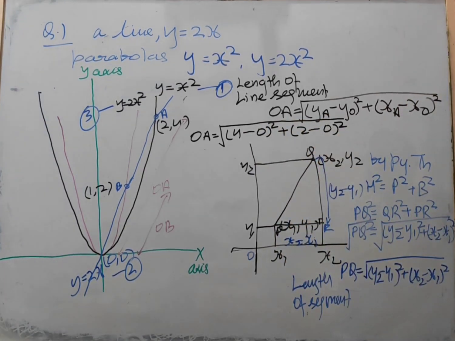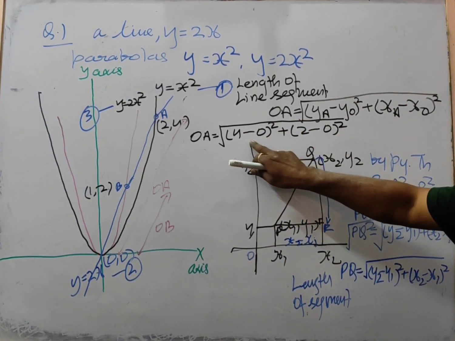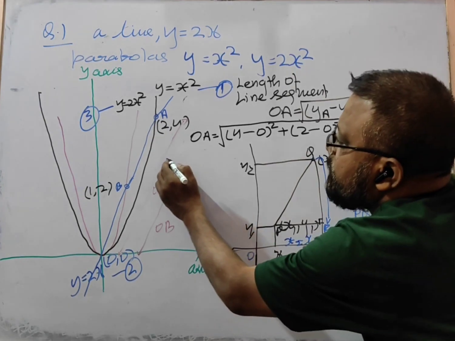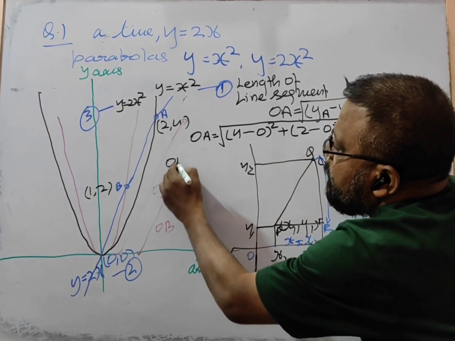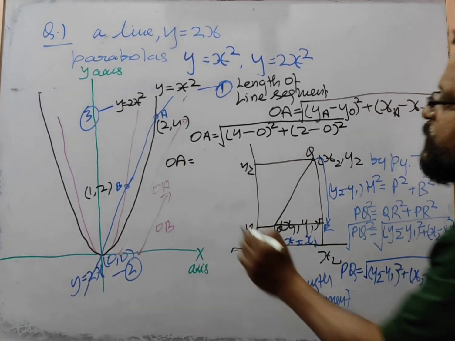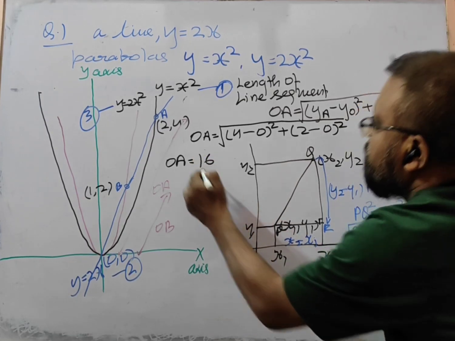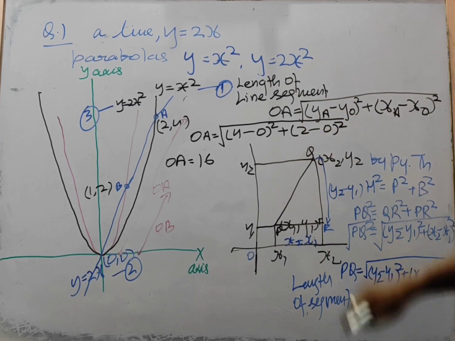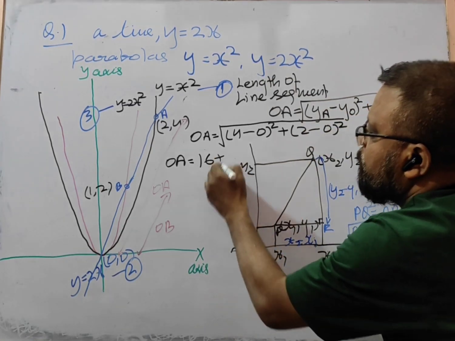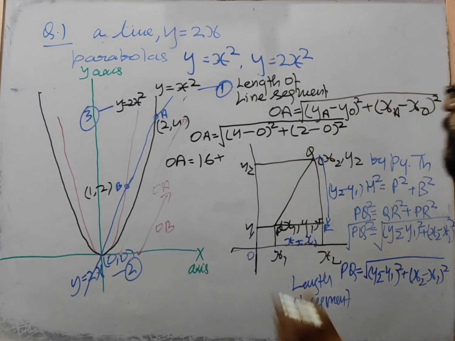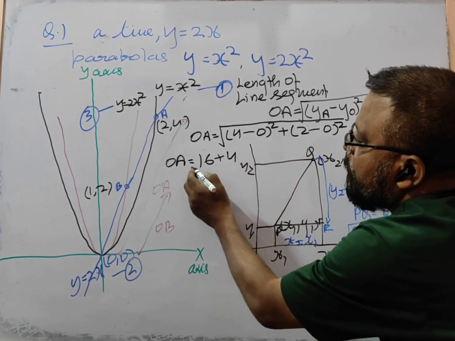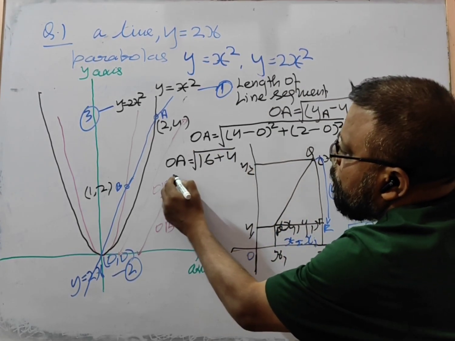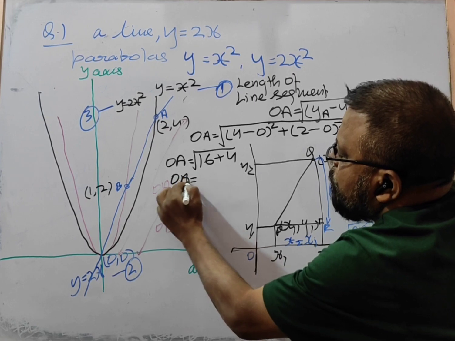So 4 minus 0 is 4, and 4 squared is 16. And 2 minus 0 is 2, and 2 squared is 4. So it is the square root of 20. So OA is equal to